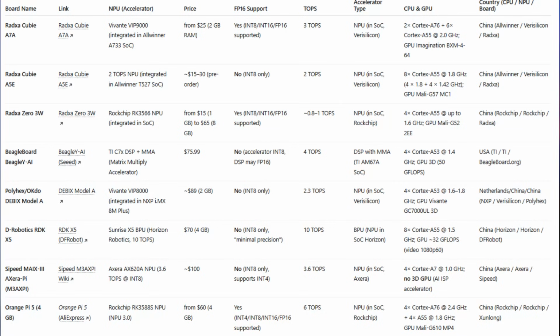So this board, as you can see, is smaller, the price is cheaper, significantly cheaper, and performance is lower, around 2 to 3 times depending on the network size. Of course, I'm speaking about performance for neural networks. They have different NPU units, but in general, the use cases for both of them, in my opinion, are pretty